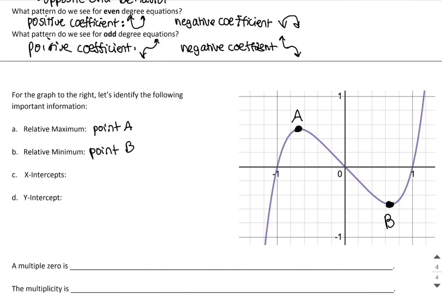The x-intercepts are (-1, 0), (0, 0), and (1, 0). This is the important information that I need to talk about when I'm graphing polynomials. I also need to know the y-intercept. The y-intercept in this case is the same as an x-intercept, (0, 0). These are the important points that I can pick from the graph and that I'm going to use to graph